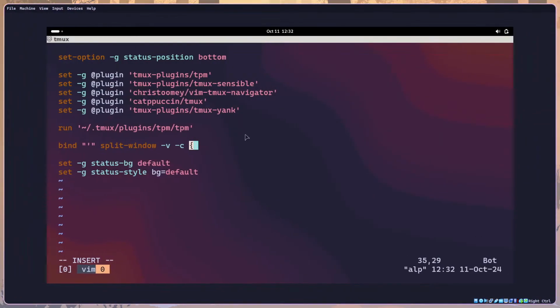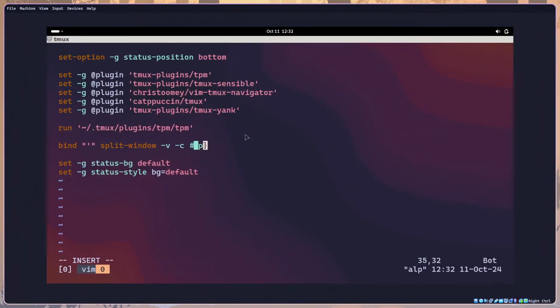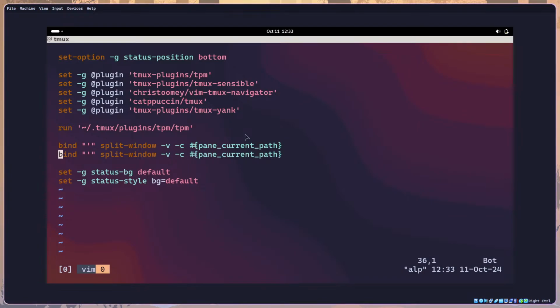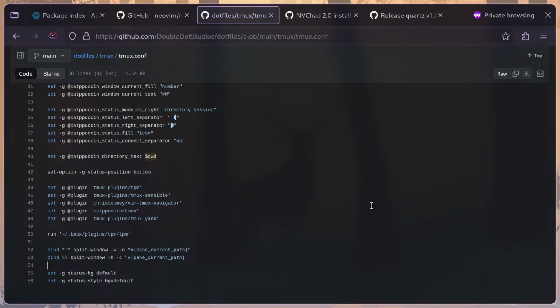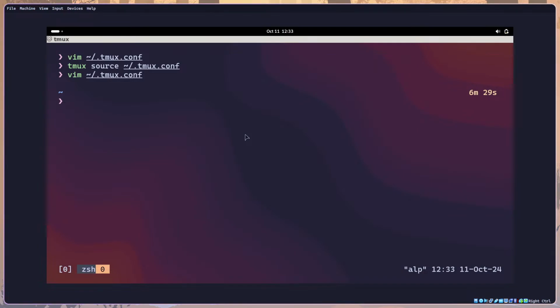It's a hashtag, hash, and then pane current path. And we can just copy that to the next line and do backslash backslash. And then the same for -h, -h -c pane current path. Now hopefully if I source this, we should